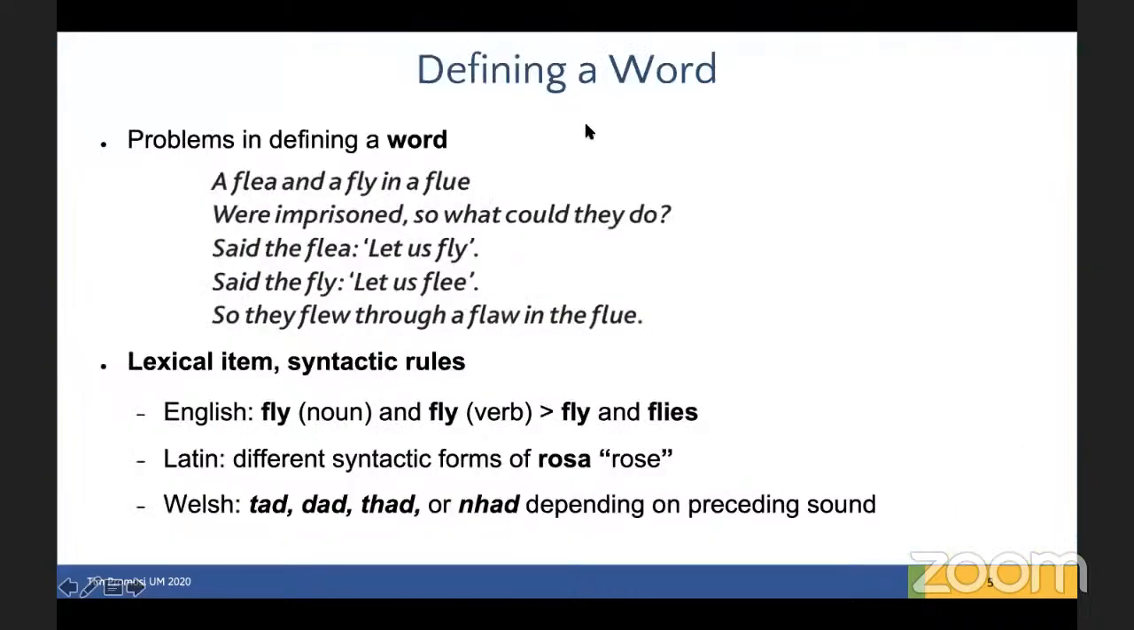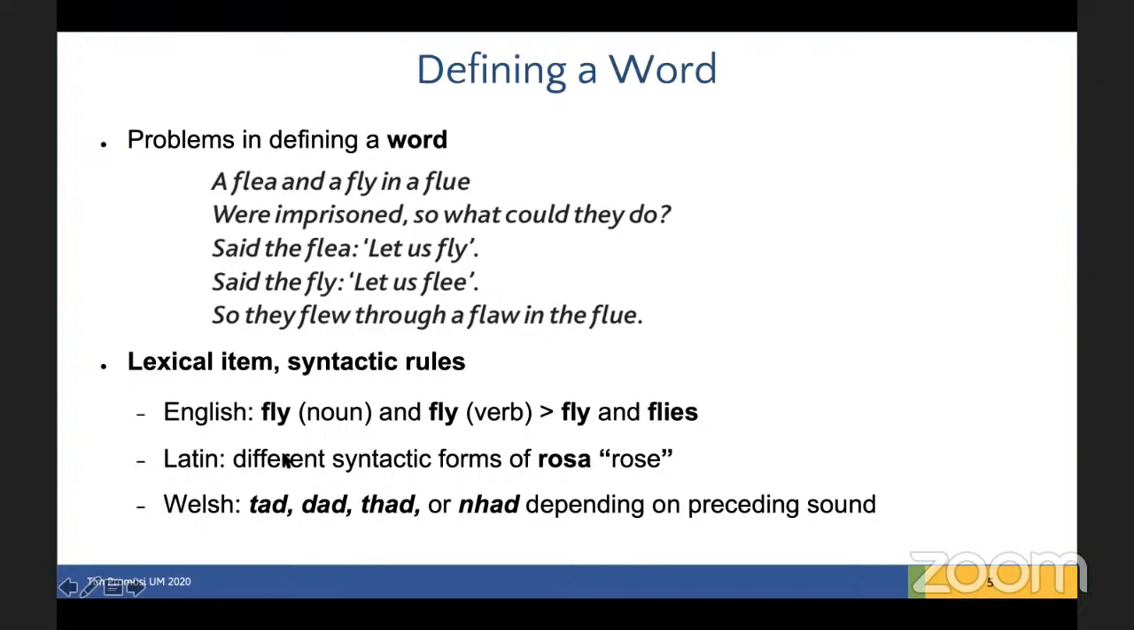Okay, so defining a word. We might have problems in defining a word. For example, the word fly is a noun in this example, a fly in a flue. This is a noun, meaning the small insect. But in another case, it is also a verb. For example, let us fly. So it's a verb here. So we have